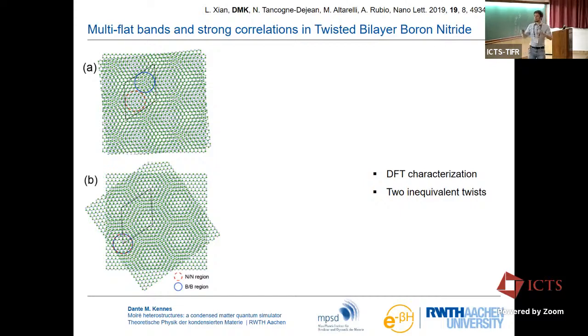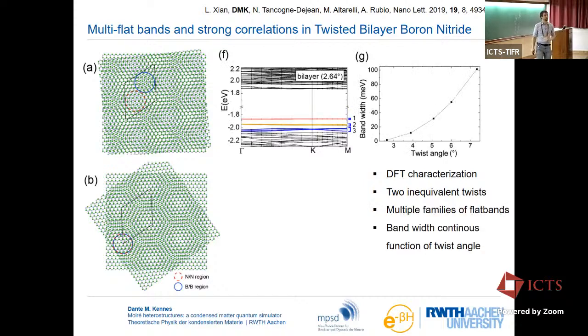Now we just take the system, we relax the structure, we push this many thousand atom system at small twist angles through a DFT characterization. That connects to the very first tutorial that we looked at. We just use that machinery to classify the electronic band structure of this huge unit cell system. Yeah, it's a brute force calculation, takes weeks. Okay, but it can be done.